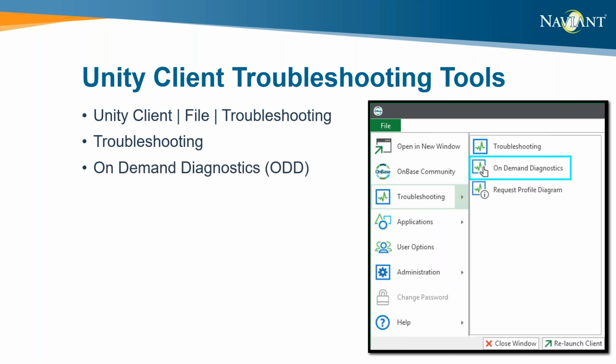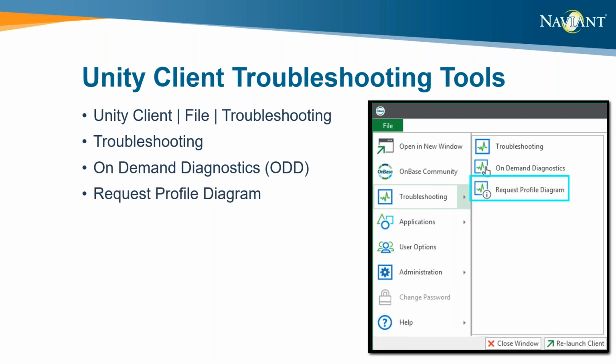Next, we have the On-Demand Diagnostics, or ODD option. Within the Unity client, you can see diagnostics logging for a single user session by accessing the On-Demand Diagnostics feature. This collects information particularly from workflow or workview processes. You can also configure the level of messages that you would like to log. Level 0 would not log any information, whereas level 4 returns the most information for that corresponding source. A best practice when running on-demand diagnostics is to start at level 1 and gradually increase the level when necessary.